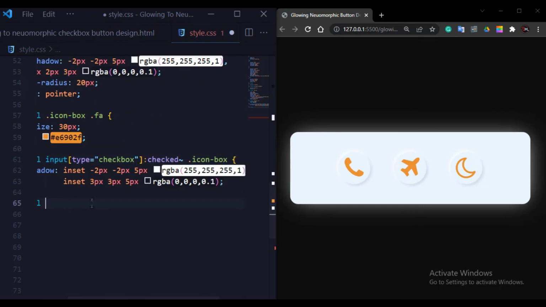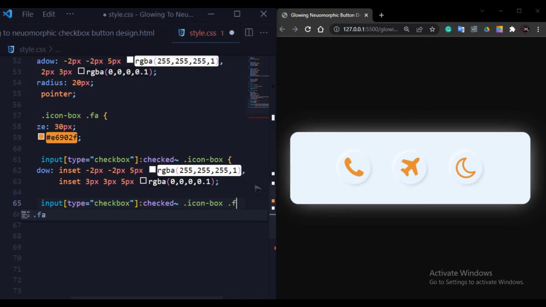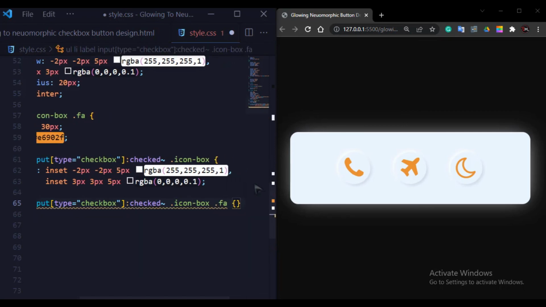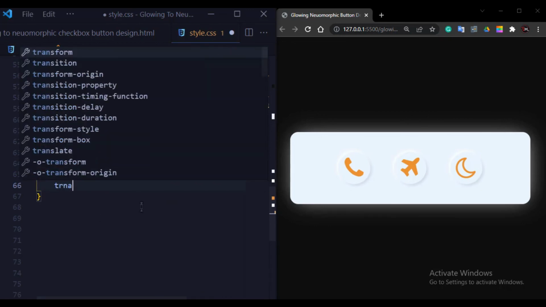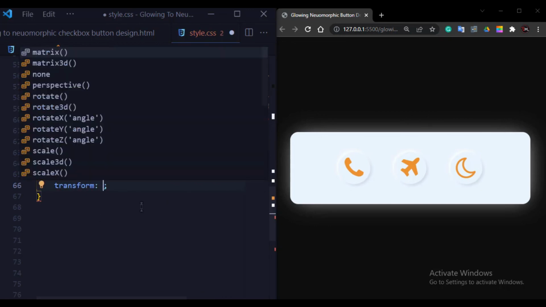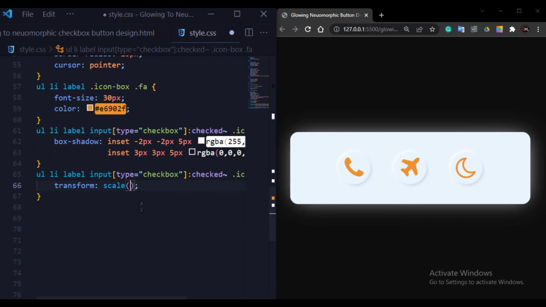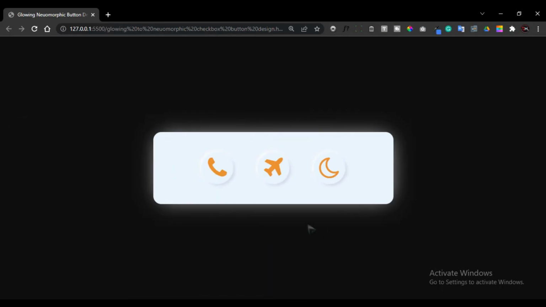So I will copy and paste it here, and also write .fa, and here I will write simply transform scale 0.95, not so much, a little bit. So as you guys can see the output here, it looks really very amazing, very attractive.